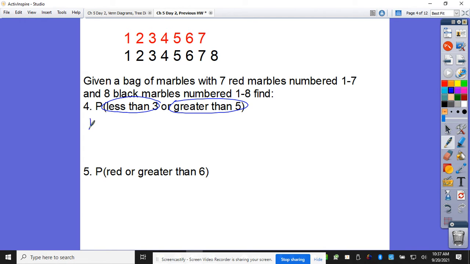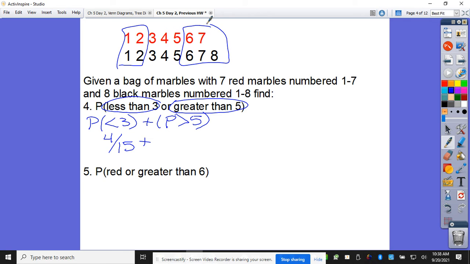No. So, or means plus, so it's probability of less than 3 plus probability of greater than 5. How many of those are less than 3? Out of how many? How many of them are greater than 5? Which reduces to